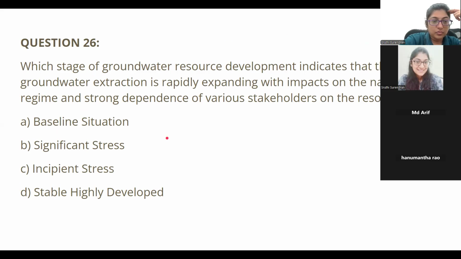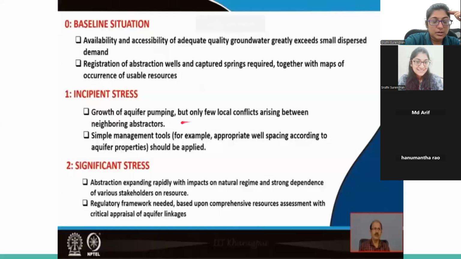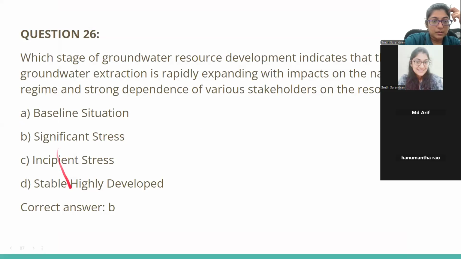Okay, so the correct answer is option B. Stable, highly developed stage is when everything is in a good state. I mean, there is extraction, but it is not impacting the groundwater resources, or there is no conflict or anything. The significant stress, there is